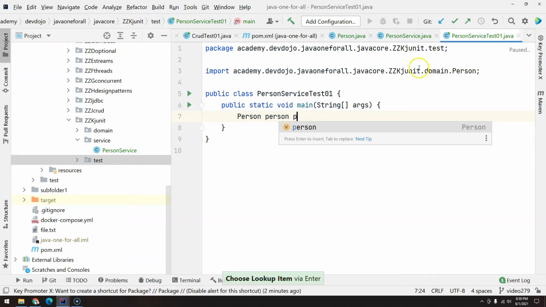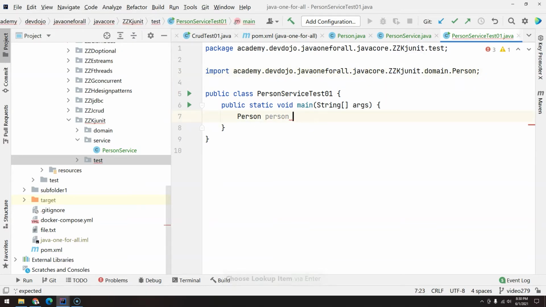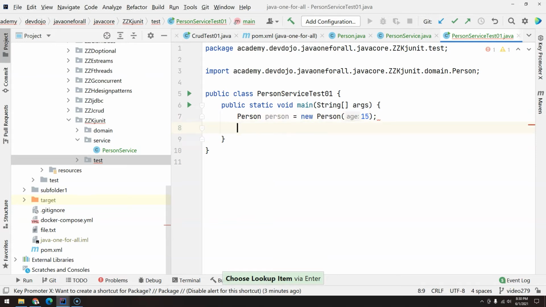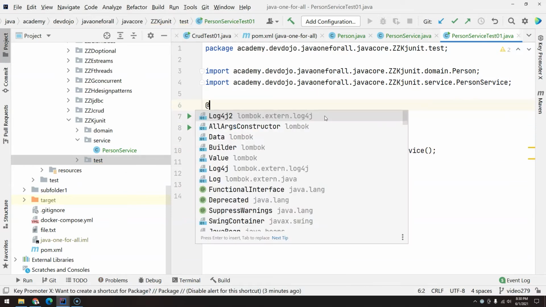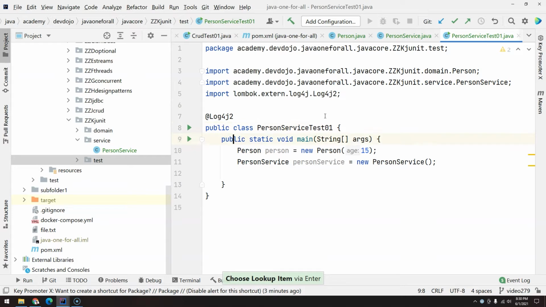Be careful with the package. New Person, let's say 15 years old, and then PersonService, new PersonService. We would use sout, but we know how to work with logs now, so Log4j2, and then we add here log.info isAdult,